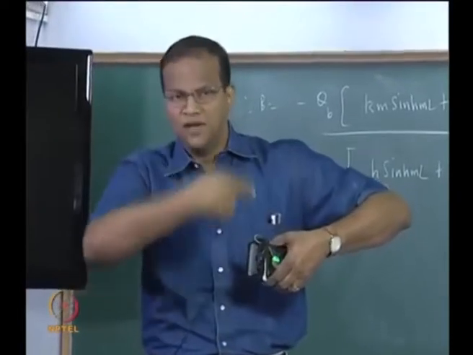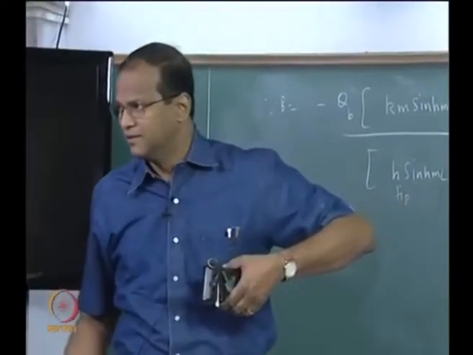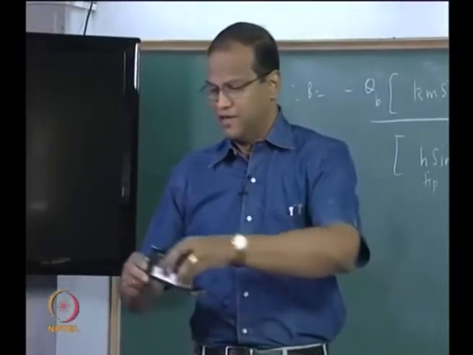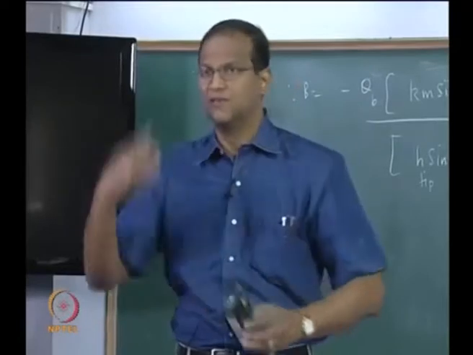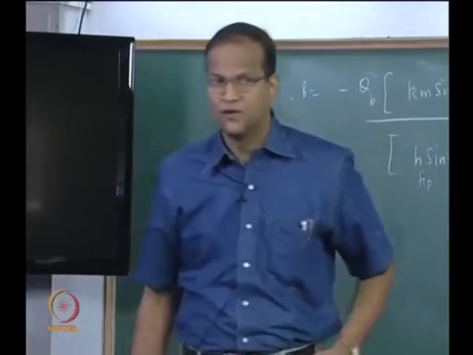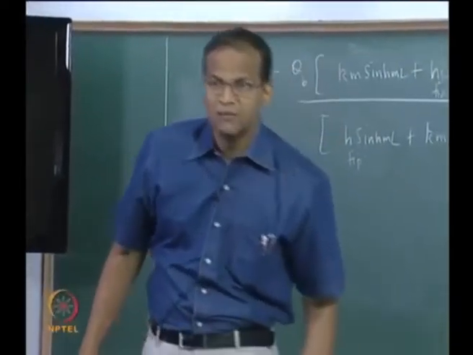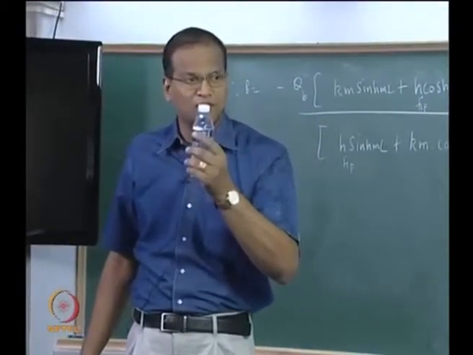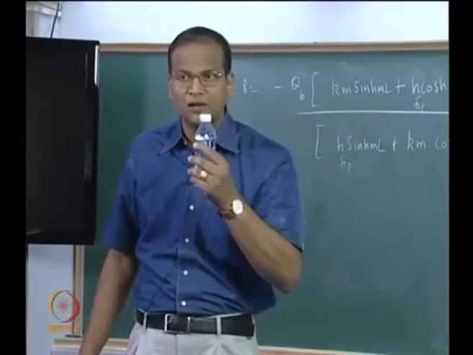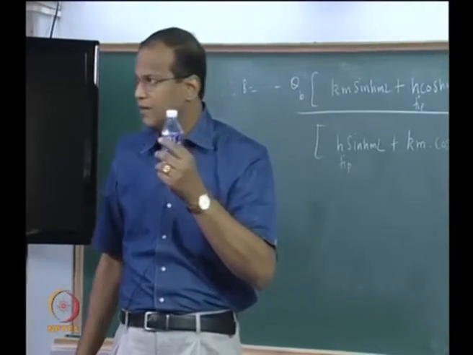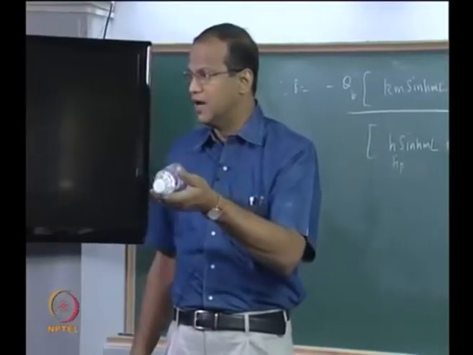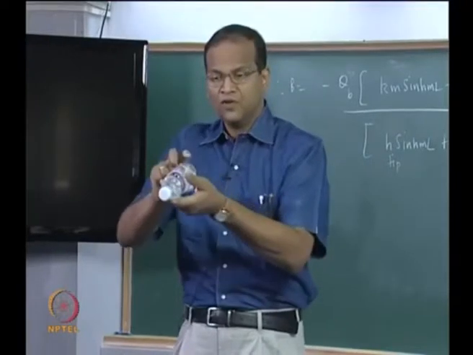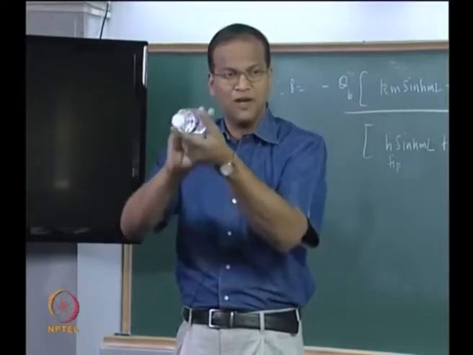How do you calculate a convective heat transfer from a surface which is vertical? This will become very critical if it is only natural convection. A surface placed like this and a surface placed like this will give rise to different heat transfer coefficients. My famous example of this: a Limca bottle placed in the fridge like this or this, which will give maximum heat transfer coefficient, which will give maximum cooling? Why? Because of the growth of the boundary layer. If the boundary layer develops like this, it grows only up to this height. So the average boundary layer thickness will be much smaller when it is placed like this.